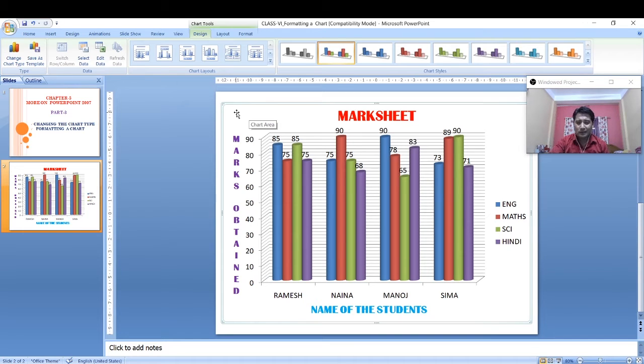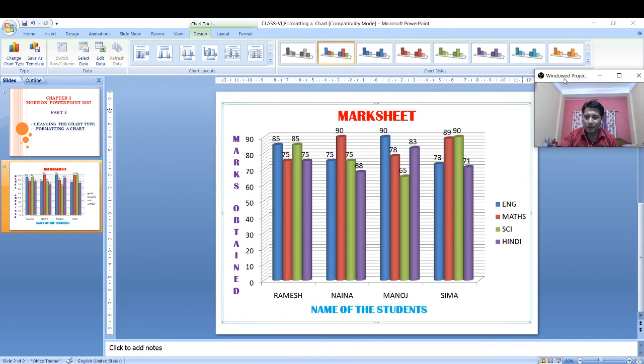In the last class I have showed you the chart area and the plot area. So this whole area we call this as a chart area. Okay, so under the chart area comes everything else that is within the chart. But if you click inside, okay, so we call this as a plot area. So remember, there are two areas. One is known as a chart area. The entire area is known as the chart area, and the one that you can see here, okay, within this rectangular box, we call this as a plot area.